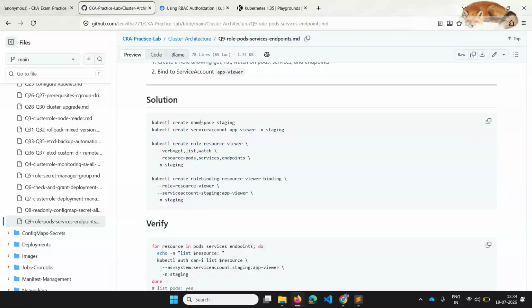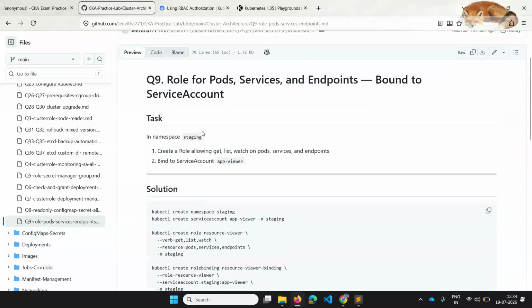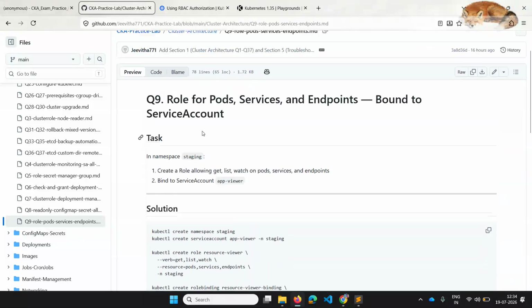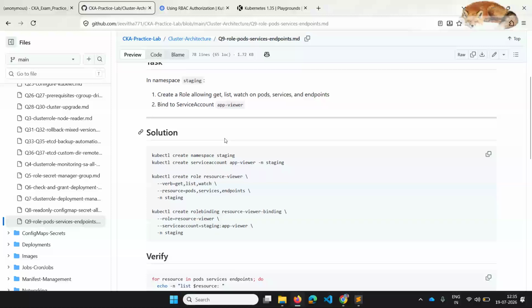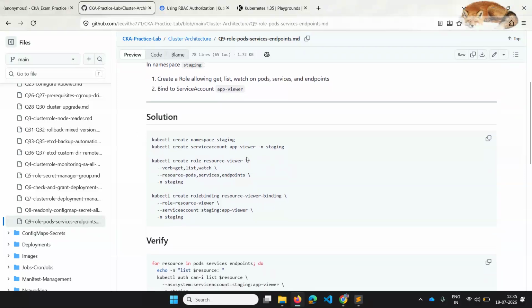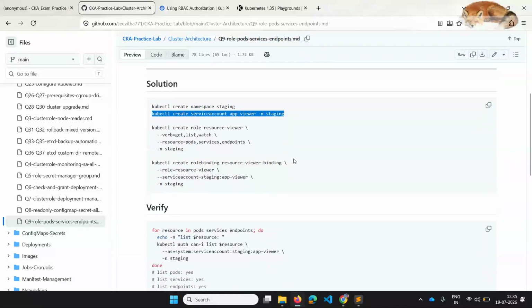Basically, this ninth question is about creating a role for pods, services, and endpoints and binding it to a service account. We know that the role and the service account are bound to a specific namespace. So first you need to specify a namespace in which to create these, or you can just take the default. But if you create a namespace, you will remember that your service account and role are confined to it. You create a service account, a role, and a role binding under a specific namespace.